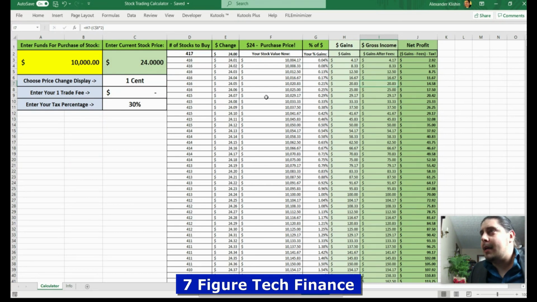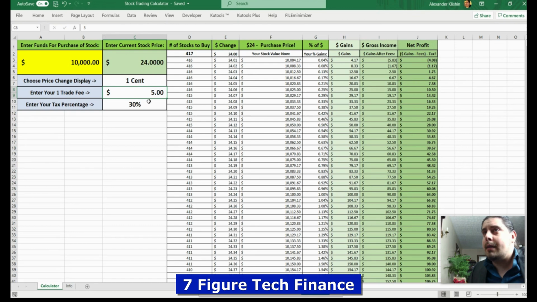Usually, if you have any kind of fees associated with trading, if you're trading on the OTC market, in that case, you would put how much you pay per each purchase and sale. Here you would enter the price of one trade, or let's say just $5. So this is how much most brokerage accounts would charge us to execute one trade, whether it's a purchase or sale